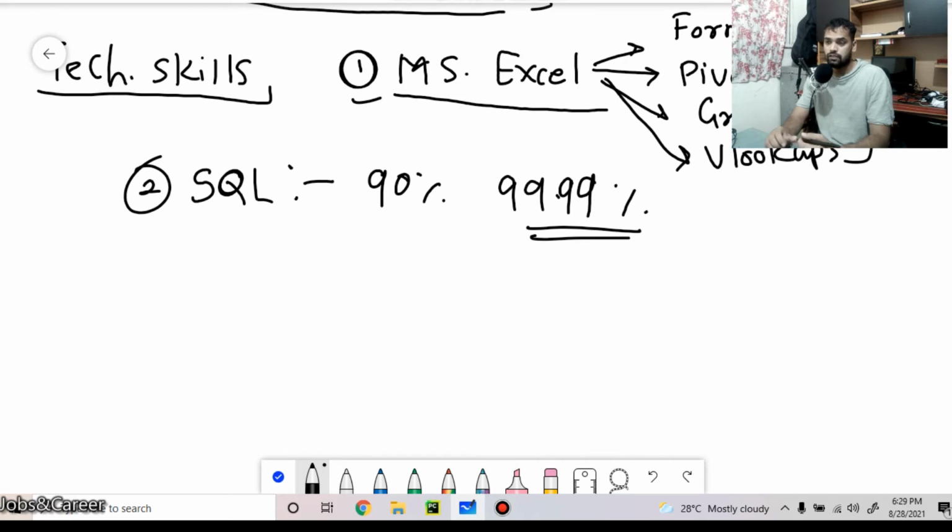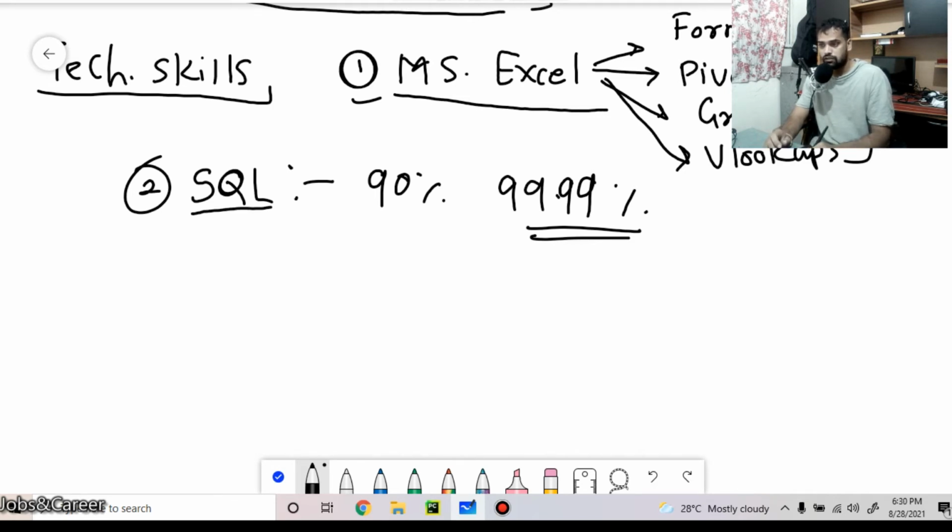It would be rare if you don't see SQL knowledge or the SQL tool in any data analytics job. SQL is one of the important tools if you want to switch your career into the data analytics field.